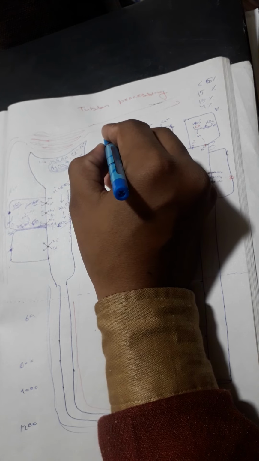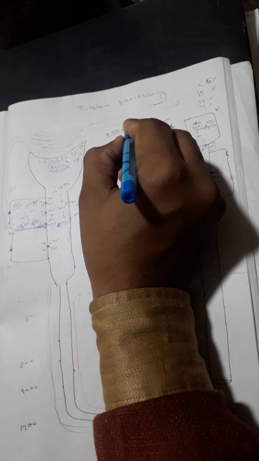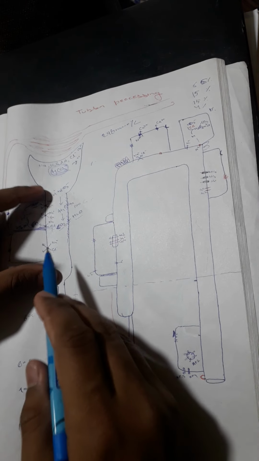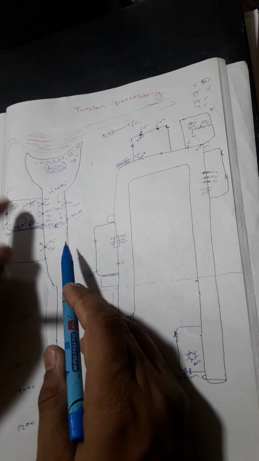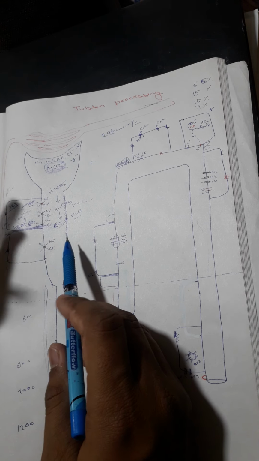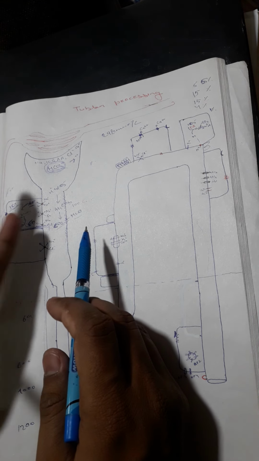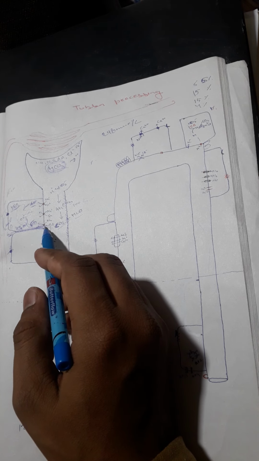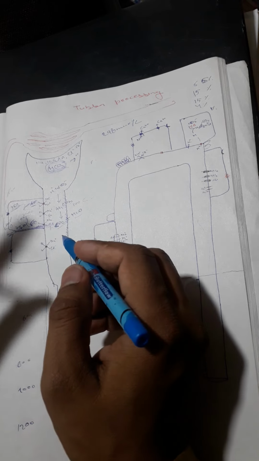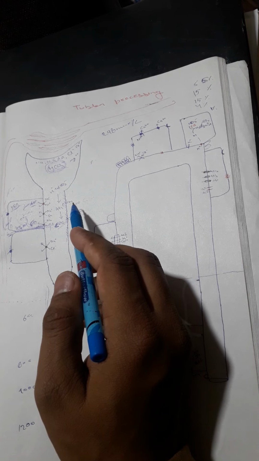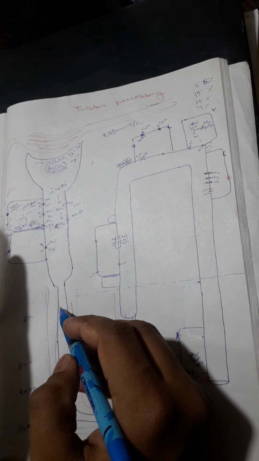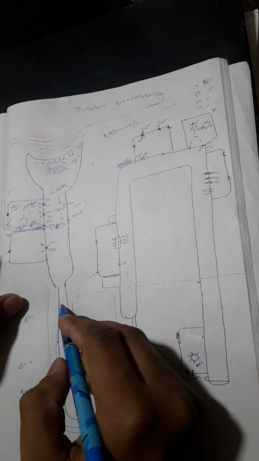See, blood osmotic pressure is about 298 milliosmol per liter. When it comes in the PCT, there is no change in osmolarity, because the solute absorbed, and water is also absorbed with the solute, so here no change occurs in the osmolarity of the fluid. But here there is no solute absorption, only absorption of water.